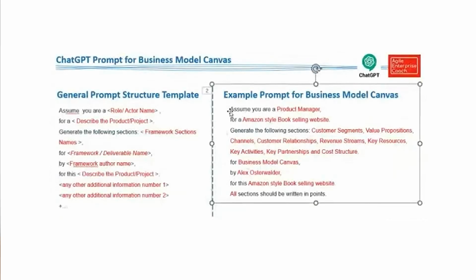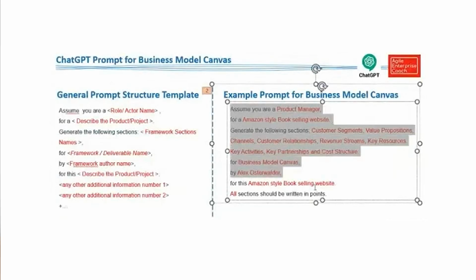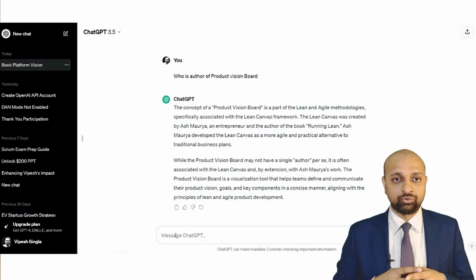So in this next step, we will use the ChatGPT prompt, which is written by us, and basically we'll run it in ChatGPT and generate the response for this business model canvas. Let's do that. I'm just going to copy this prompt from here. And now I'm going to go to an active session of ChatGPT. In my case, I'm going to reuse the existing thread which we have used before.